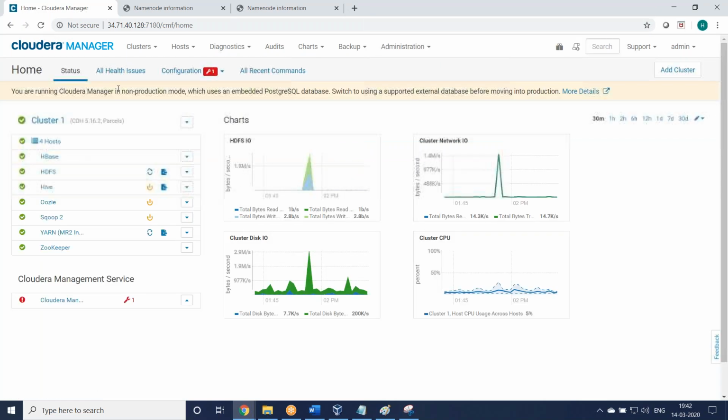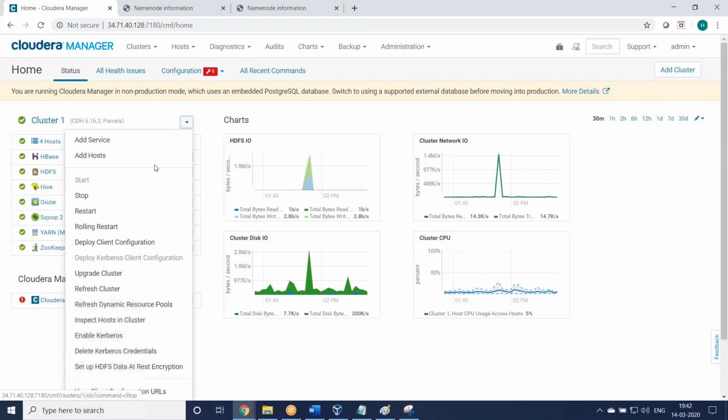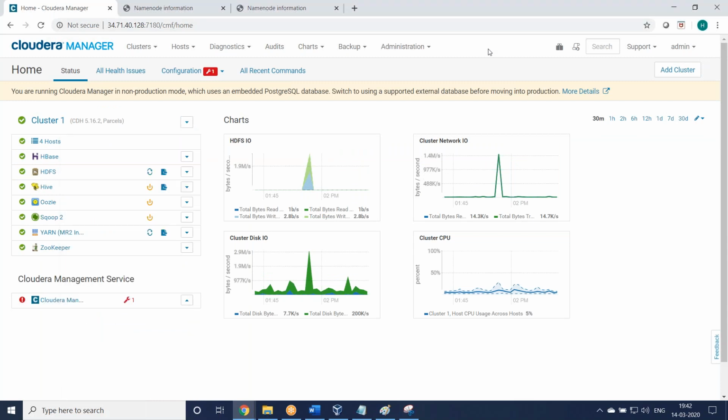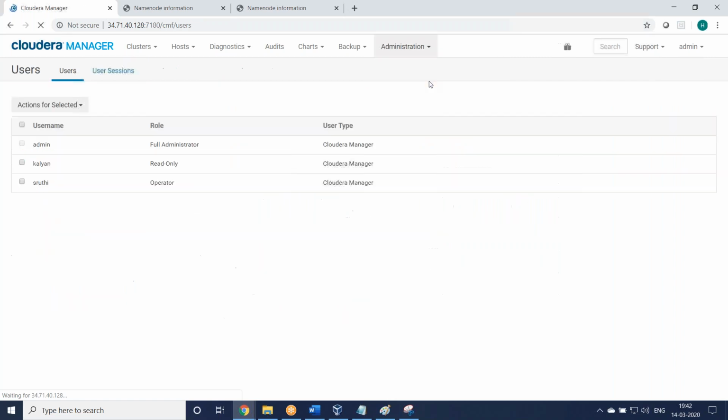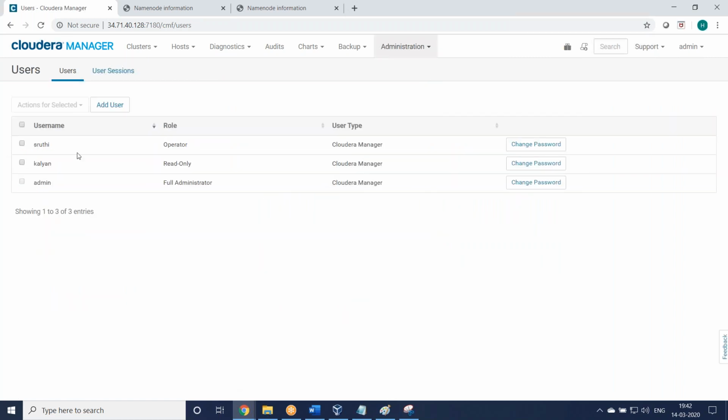Here you can see multiple options, but these options may not display for you based on the role we selected. To remove a user, delete. Or if you want to assign a role, you can change the role here. So this is user management in Cloudera.